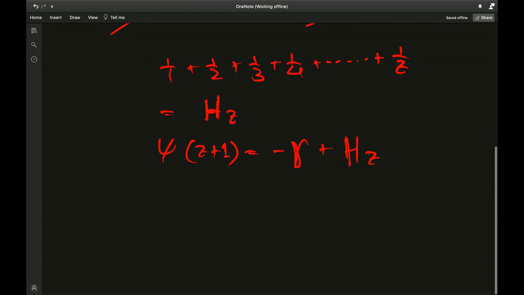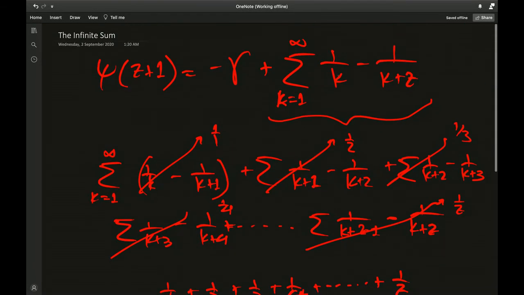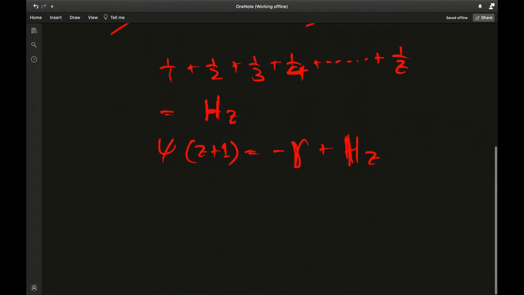If we just write these reciprocal terms, these harmonic terms for some finite z, we can generate any value of the digamma function just knowing or just summing the partial sums of the harmonic series, or that's basically calculating the harmonic number at a particular z. And if you still don't believe me that this sum is actually equal to the zth harmonic number,